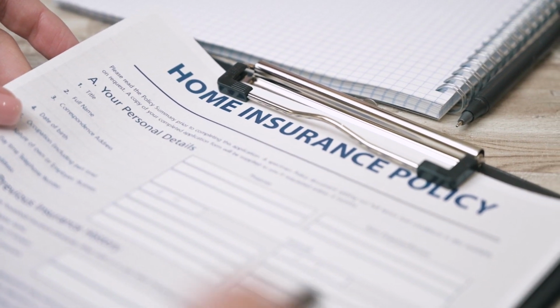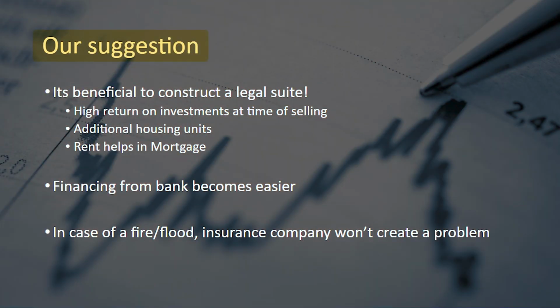Even with the insurance, let's assume there was a fire or a flood and the insurance company finds out you have a tenant living in the basement, this can create a very big issue. What would happen is the insurance can make the policy void and not pay you any money if there was any mishap and someone gets injured in the house. So make sure to look at your insurance policy as well as do a cost-benefit analysis. Sometimes it is better to actually bite the bullet, convert your illegal basement to a legal basement,